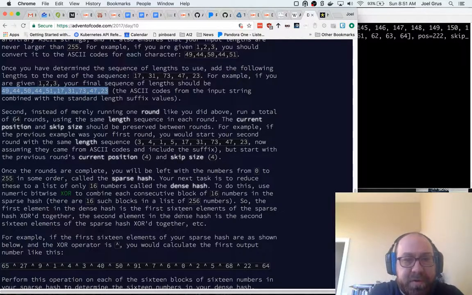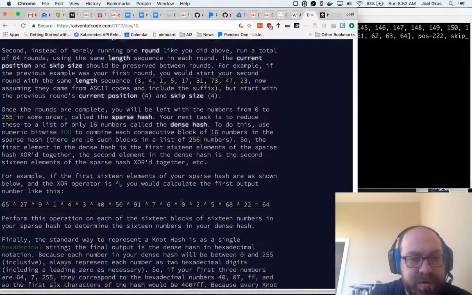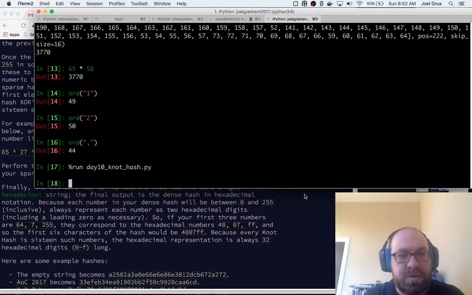Once the rounds are complete, you'll be left with the numbers from 0 to 255 in some order called the sparse hash. Your next task is to reduce them to a list of only 16 numbers called the dense hash. To do this, use numeric bitwise XOR to combine each consecutive block of 16 numbers in the sparse hash. So let's write that